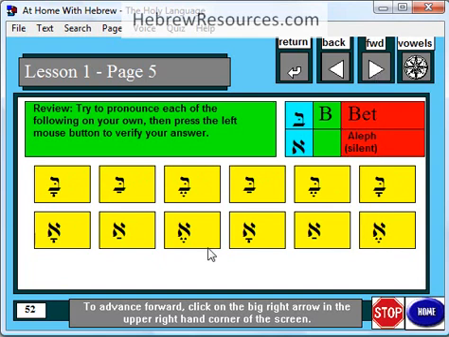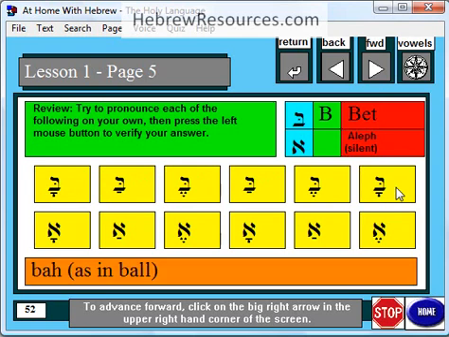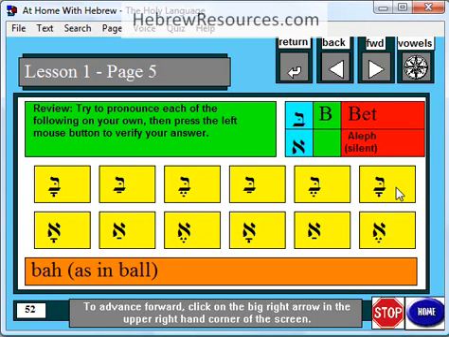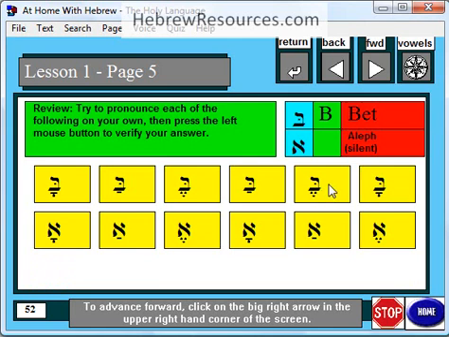Now you're ready to basically read all these different letters right here. So starting reading Hebrew from right to left, we're going to start over here. And can you think for a minute and tell me how that would be pronounced? And the answer is ba. And in my program, when I left click on it, the computer speaks it, and at the bottom of the screen you can see the pronunciation ba as in ball. The next one is, I'm giving you a minute to see if you can pronounce it. It's be or bay. I'm going to use the short E sound, be. The next one